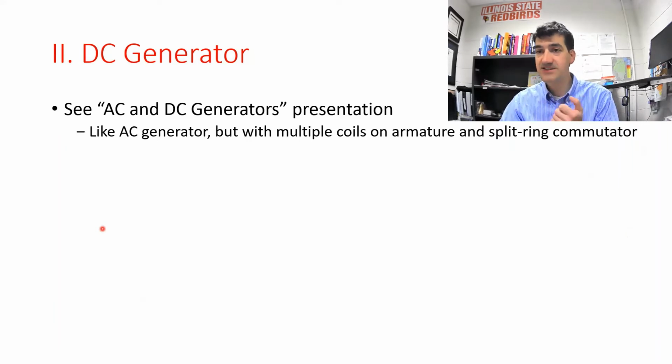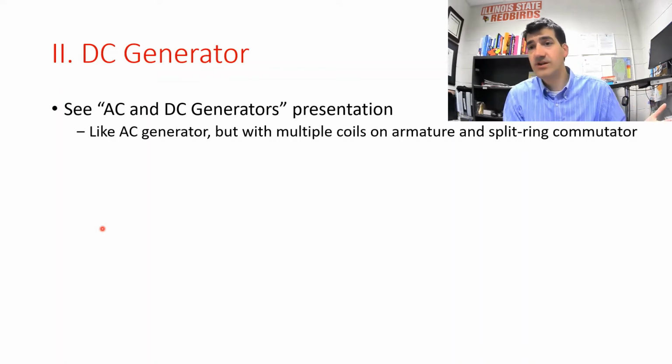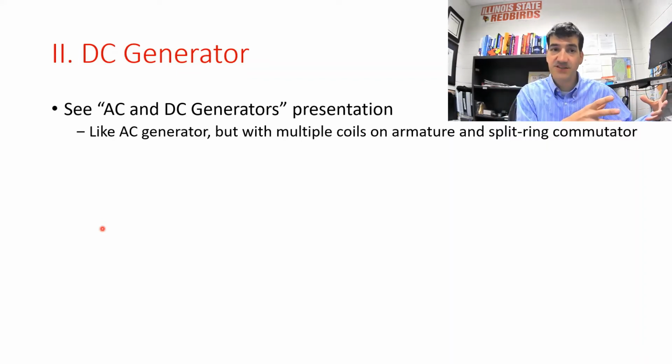Remember the two main differences between DC generators and AC generators. We use a split ring commutator instead of slip rings. And we use more sets of windings on the armature. For this case, the armature usually is on the rotor. The armature of a DC generator usually is on the rotor. Remember, I said I would point that out specifically when that was the case, and that is true for DC generators. All right, why do we use the armature on the rotor for DC generators? It's so that we can use the split ring commutator